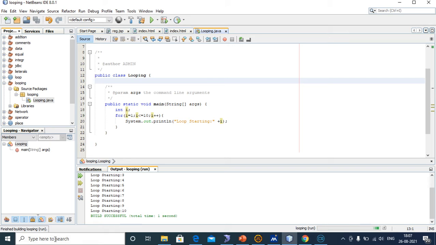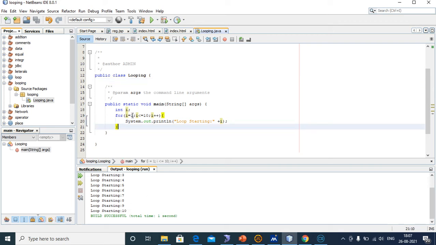Here the output is loop starting 1, 2, 3, 4, 5, 6 until it prints 10, because I gave i equal to 1 and i less than or equal to 10, so it includes 10 also, and it will increment. For example, first it prints 1, because the for loop initializes i to 1. After that, the condition checks that i is less than or equal to 10.